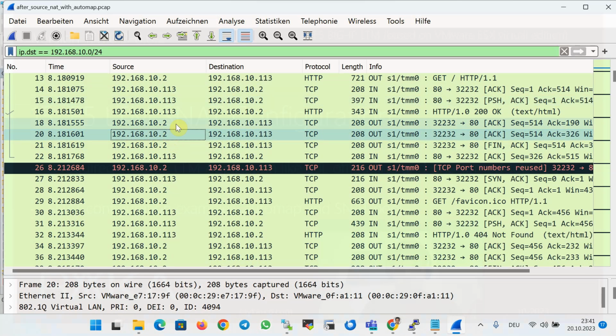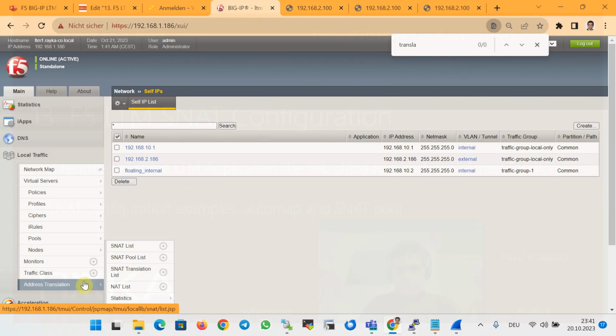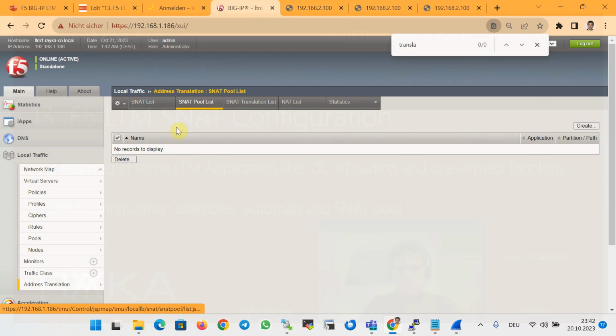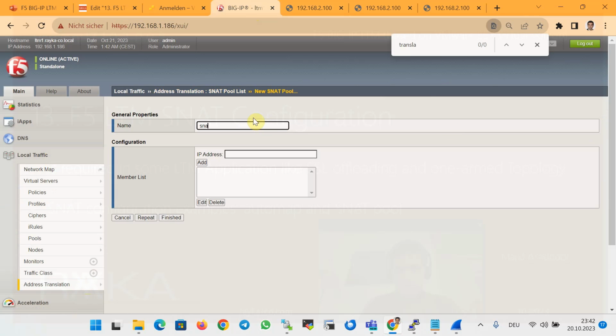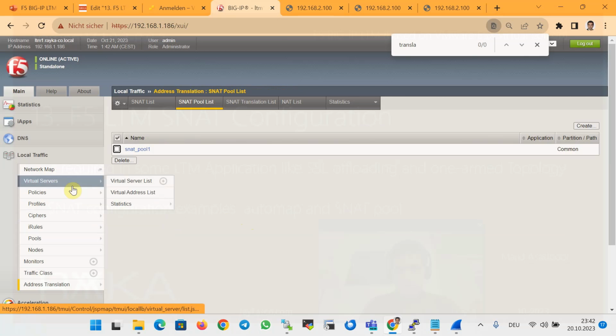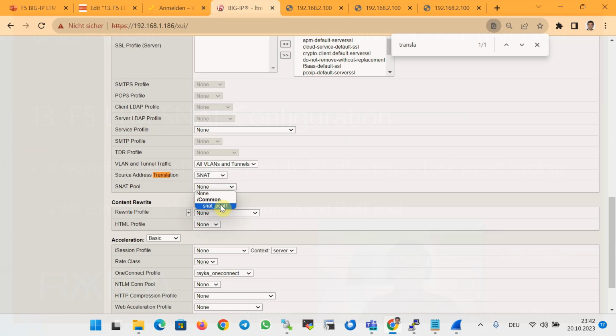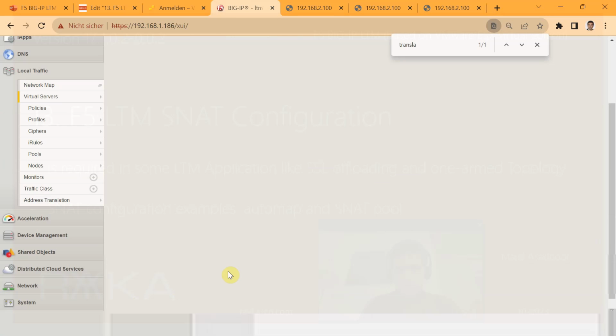And finally, we enable SNAT to translate the client address into an address configured in a SNAT pool, or manual SNAT. First, we have to create a SNAT pool in the local traffic and address translation, and SNAT pool, a new pool with the name of SNAT_pool_1, and the IP addresses, for example, 10.7 and 10.8, two or three IP addresses in the pool, 10.7, 10.8, 10.9, and then we change the configuration of source NAT in the virtual server to manual SNAT and to the pool that we have just configured, SNAT_pool_1, and then update, and